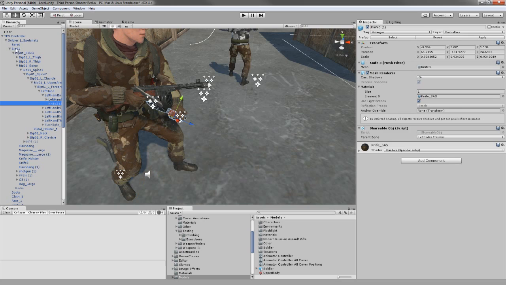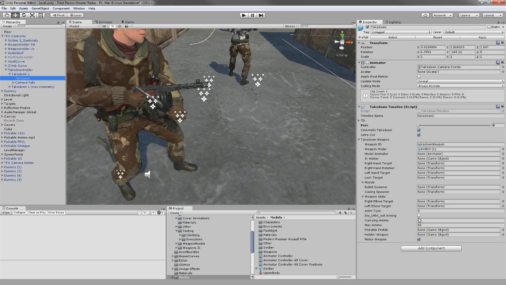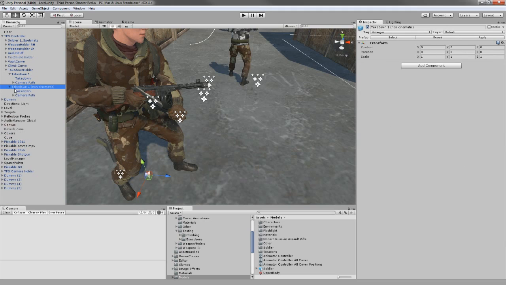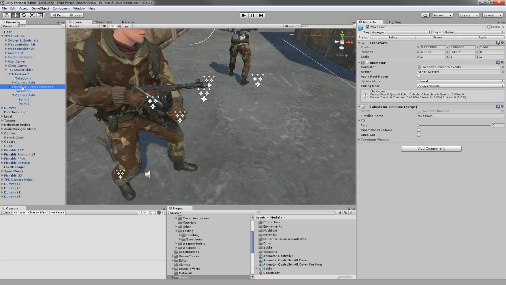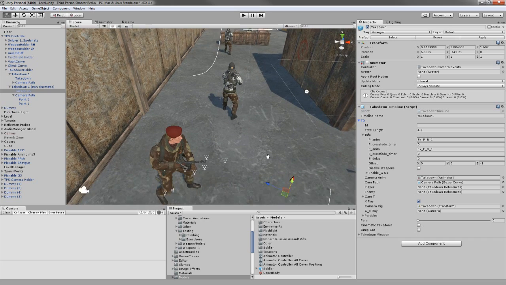Now, let me go find it. Takedown. Basically, these are the timelines. So for the other timeline, which is also non-cinematic, the camera path and the takedown won't even matter. So you do not even need that. The takedown will actually matter. The camera path won't matter. Okay, because it's basically the same, but it has cinematic takedown unticked. And there is also the jump cut, which is when you are